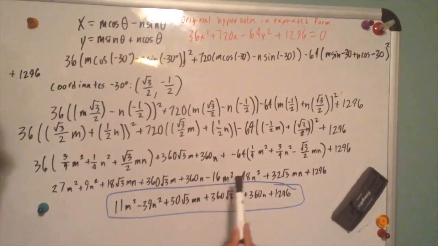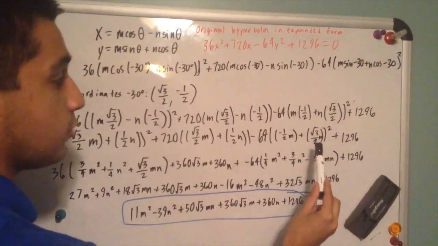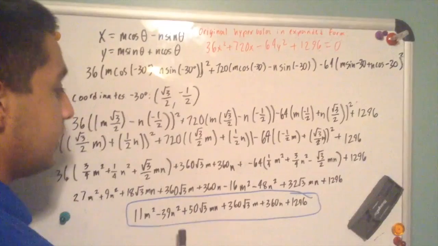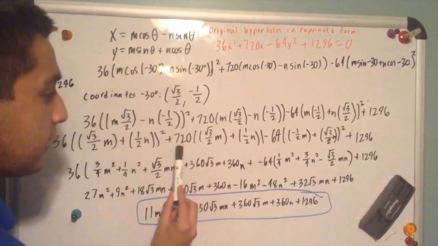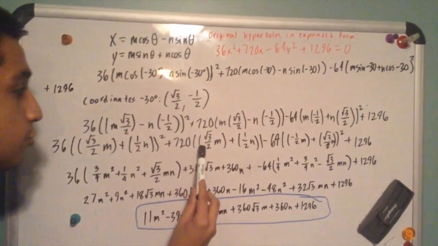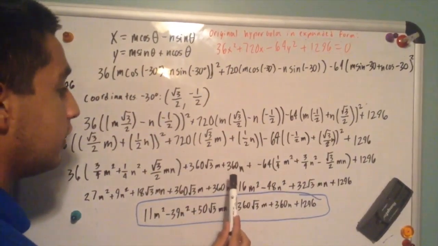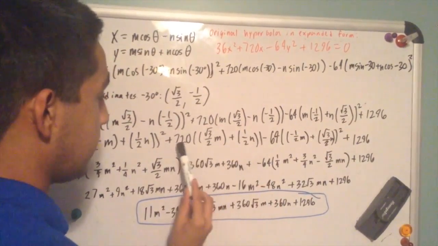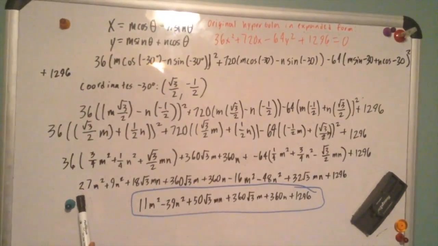And then for my y's, I took my negative 1/2 m plus my root 3 over 2n squared, and that became this right here. And for my middle terms, I did the simple calculation, 720 times root 3 over 2m, and that became 360 root 3m, plus obviously the 360n right here. So after all of that math, I basically had